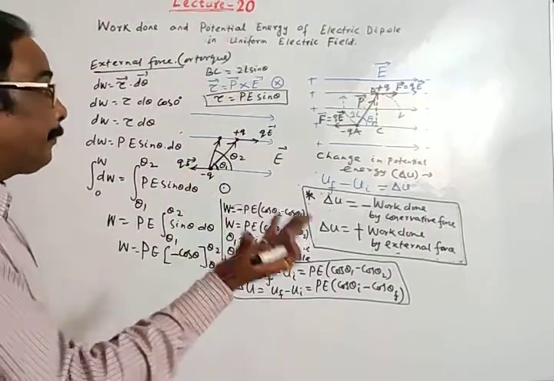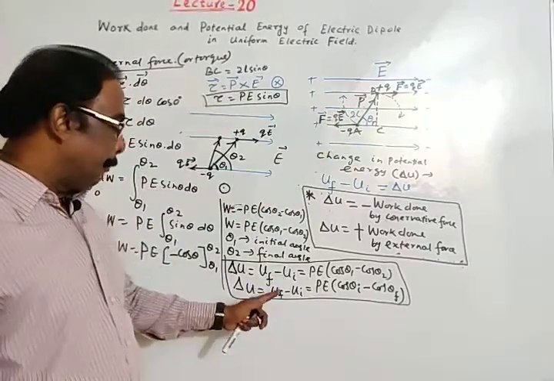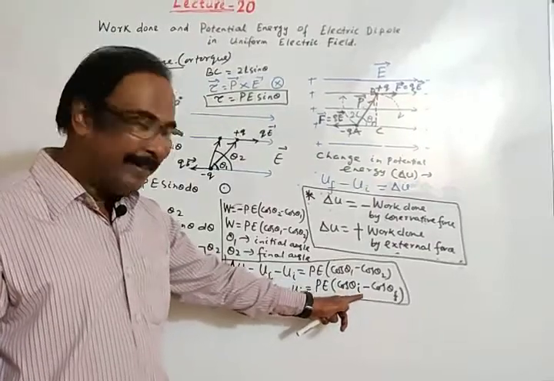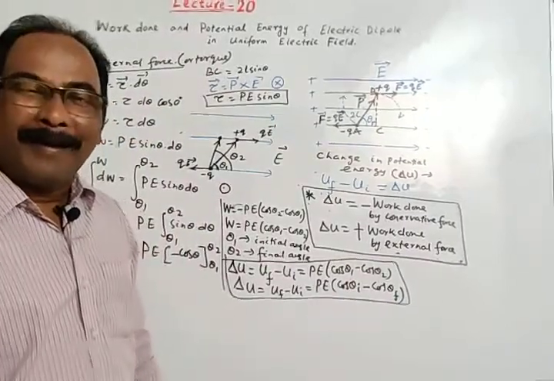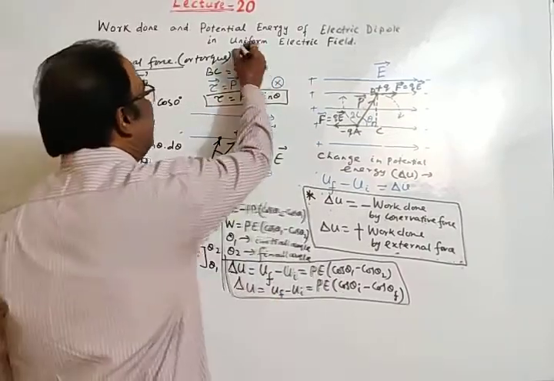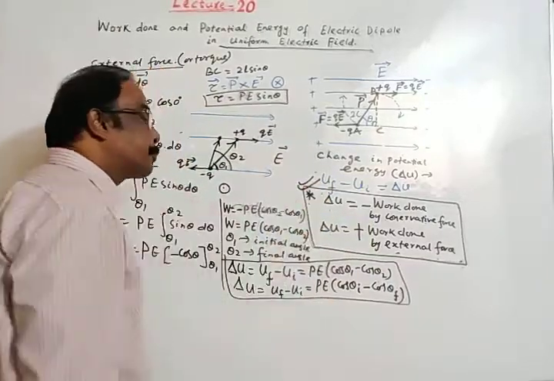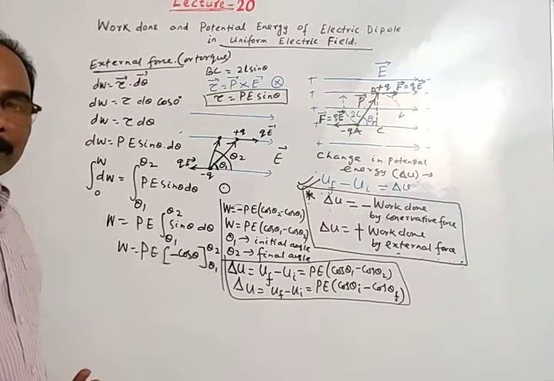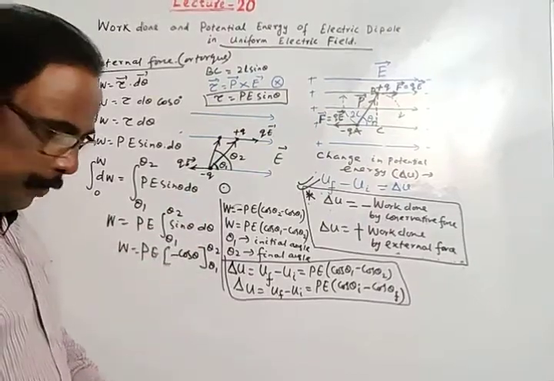If you consider the conservative force, meaning the force due to the electric field, you will take it negative: minus p E times cos theta initial minus cos theta final. This is the concept, very, very important. I am writing the concept here; I have already written it here. It should always be kept in mind, even for application of numericals in JEE and NEET, etc. This is our concept about work done.